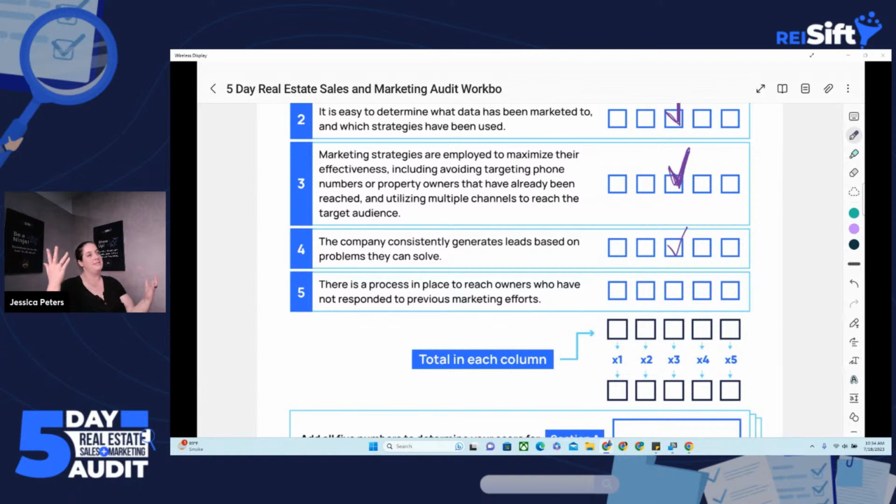But not everybody has the business yet to be doing texting and dialing and direct mail. So even if you're not doing all of those things, you have the business intelligence saved and stored in your data to be able to know, hey, these are the people that I called and didn't get a hold of. So that when I want to do the next strategy, I know where the people I never reached are, so I can do that strategy later if I choose to incorporate it. All right, I'm going to give us a 2 on that one.